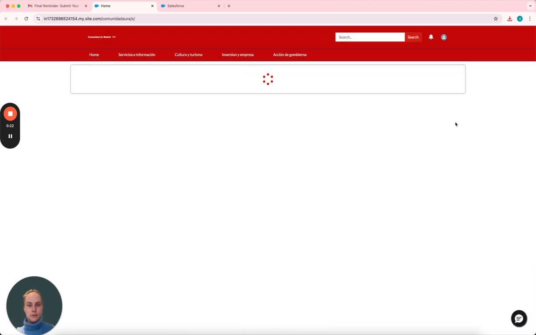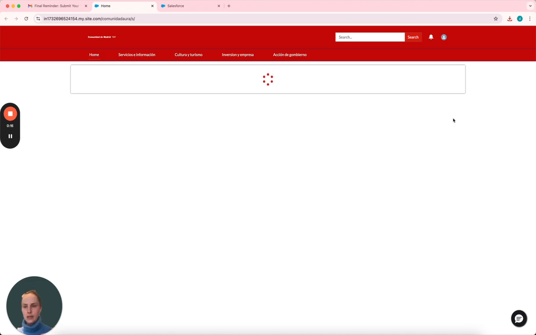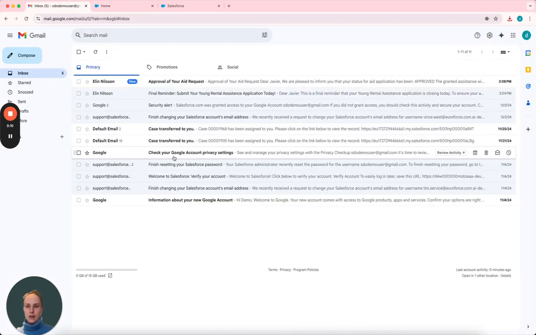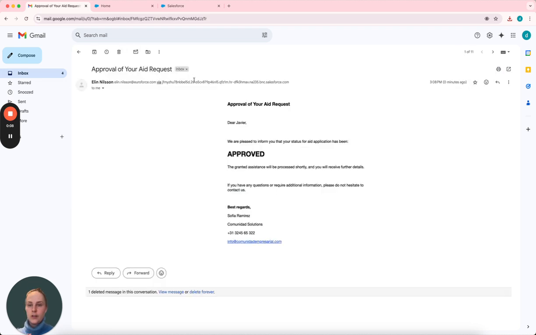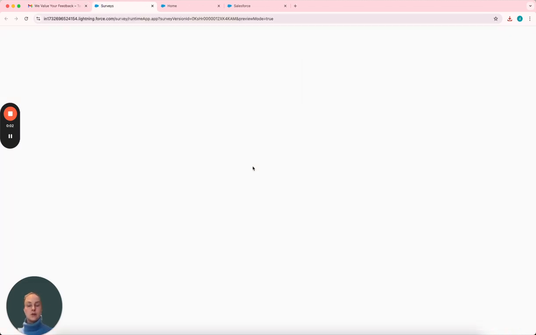We can see here that we can get some status of the application, even that through Agentforce, but we'll just go next. And now you will see that going back to Javier's email, he has got more emails. First of all, he got an approval of his request, that it's approved. And we can also see that we have a survey link that we got sent out, all by